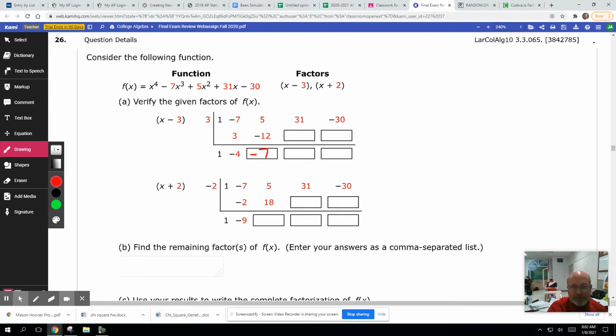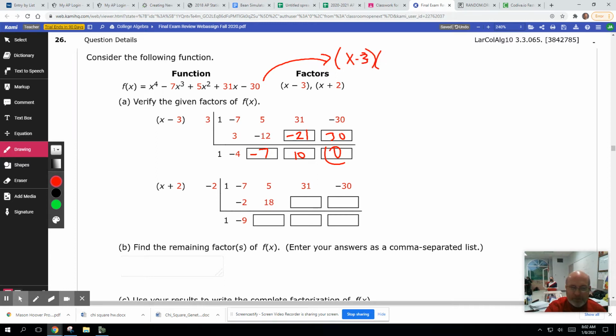We multiply -7 times the 3 to get -21 here. We add that column and get 10, multiply times the 3 and get 30. When we add this column, we get 0. The last number in the synthetic division is always a remainder. When the remainder is 0, it means that the factor that we divided by is actually a factor of the polynomial. So that means that this function can be written as x minus 3